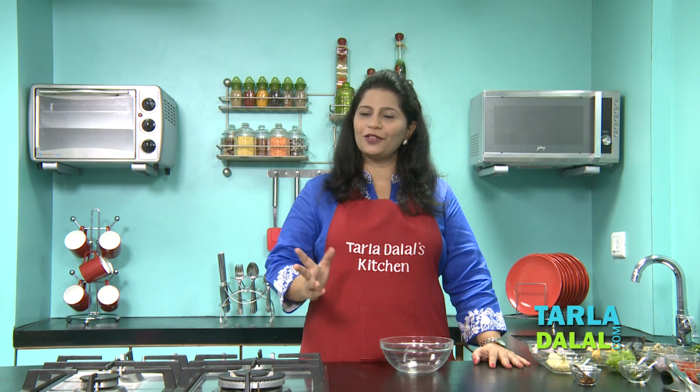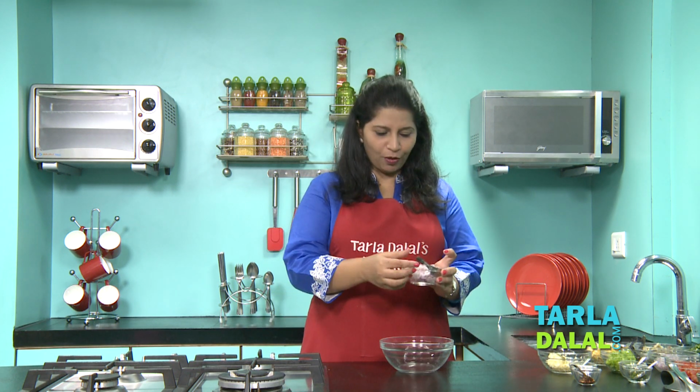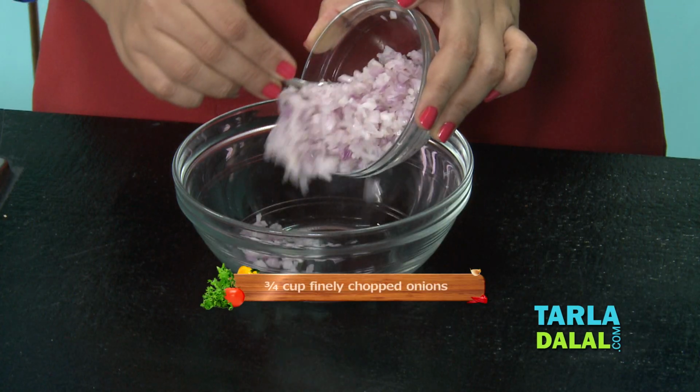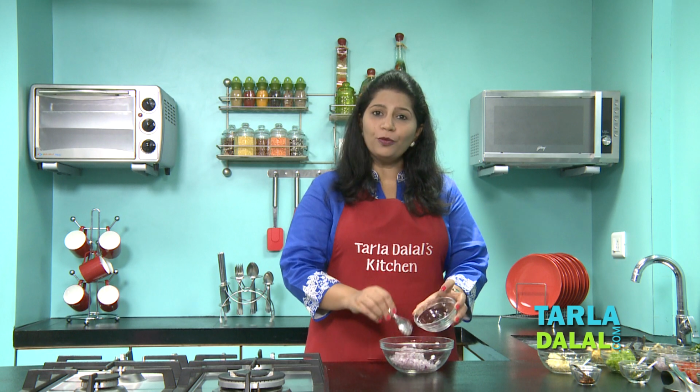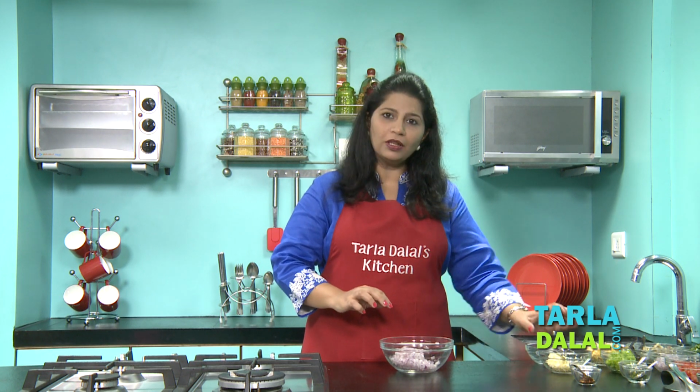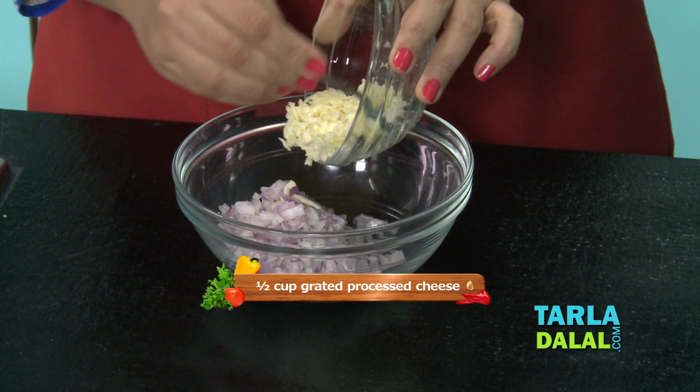I'm going to be showing you 7 different types of toppings, but it's your choice how many to make at a time. The first one is the onion cheese topping. For that, I've taken some finely chopped onions. Here we are going to make mini uttapas, so ensure that all the ingredients used for the toppings are finely chopped. Some grated cheese,